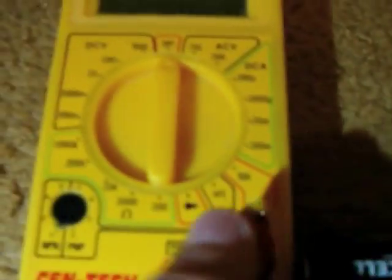And I'll show you the process for using a manual range meter. So here's a manual range meter. What I'm going to do is get the red wire, plug into the jack labeled volts, same as before. Then on the dial, we're going to turn this to the right setting, because it says DC volts, and on this we